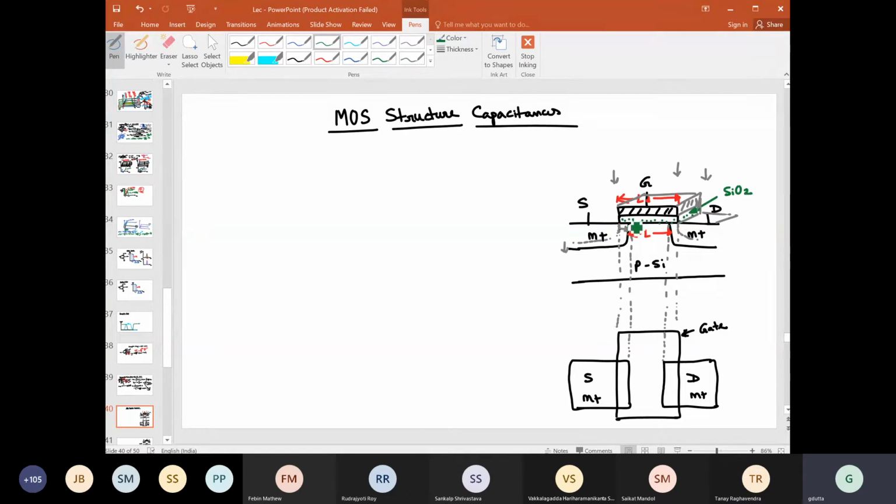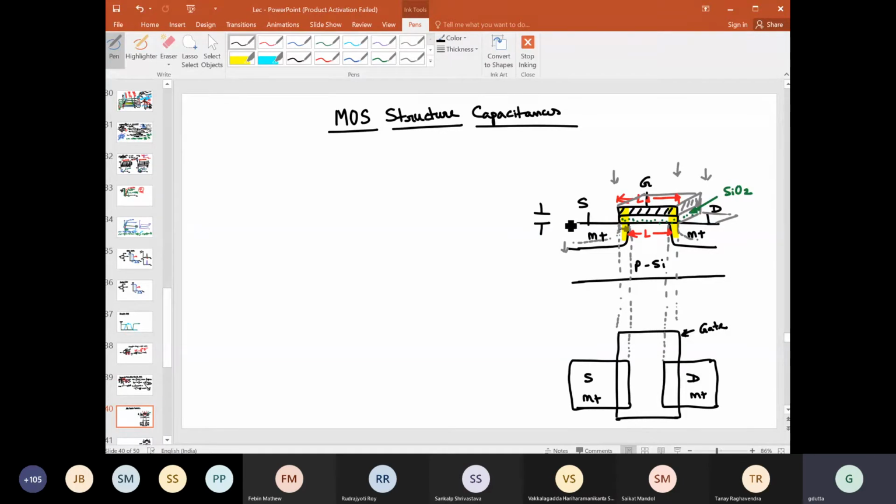Then what is happening, if you consider this region, maybe I will take a highlighter. If you consider this region, see here what is happening in this highlighted region. Here you have a metal which is like this, right? Then you have been separated by an oxide, and then you have an N plus, and the source side suppose is grounded, right? So basically this region, which is the overlap of this gate and the source doped region, will create one capacitance.